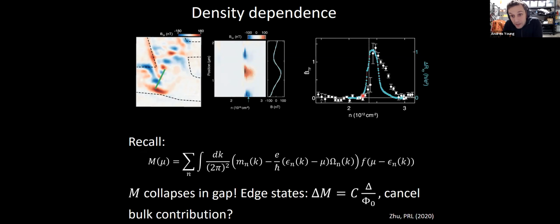So we believe that is actually a relatively straightforward interpretation of this data, which is that your magnetization is very small when you're hole doped relative to this Chern insulator gap. When you enter the Chern insulator gap, you get essentially magnetization of edge states. And then as a function of additional density, you know that by the time you get to full filling of the band, this must go back to zero. You're now filling bulk states, and that's reducing your magnetization again down to zero. Interestingly, there are regions where the transport is hysteretic, where at least within the experimental resolution of our probe, you have zero magnetization, presumably because these orbital moments are very small.